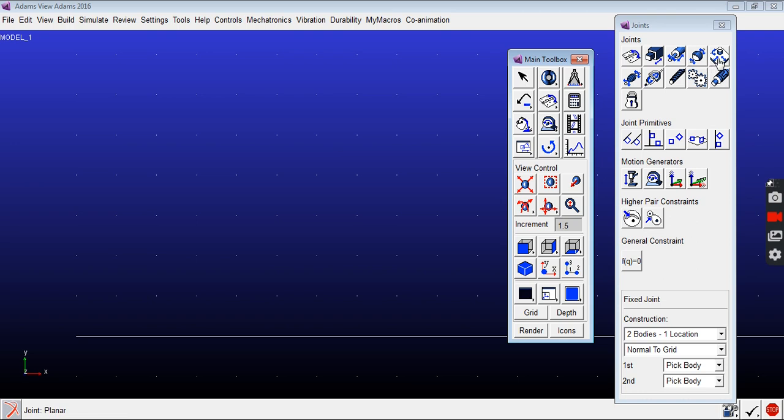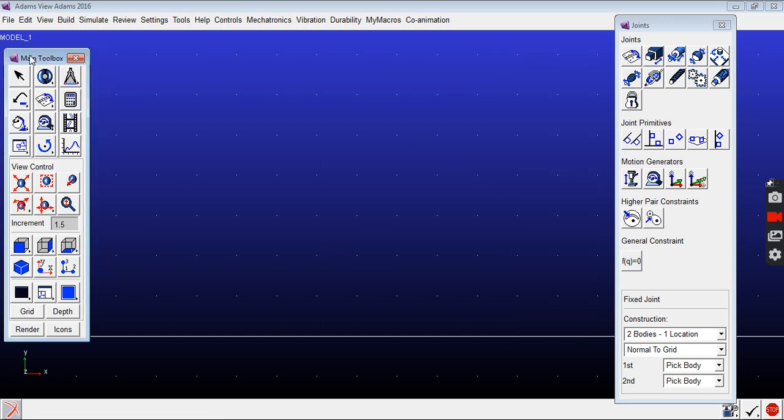Example, now what happened, now there is the planar joint already we have. In that we want to arrest 1 degree of freedom, that we can do it here, or we can arrest the degree of freedom only using a joint primitives. So I will explain to you what is joint primitives now.